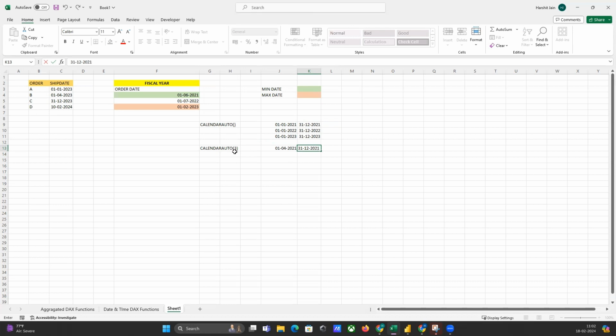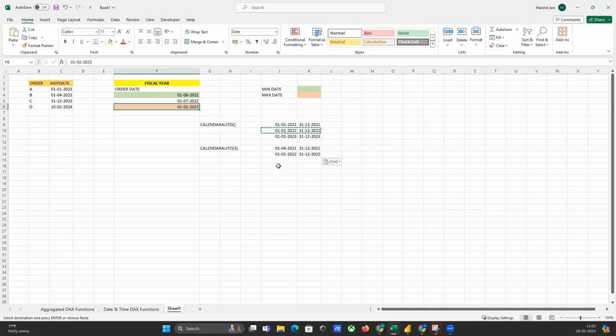Great. Now, if we see for the second one, this is 1st of July 2022. So very easy. It will just take it from 1st of January 2022 to 31st of January 2022. So just copy paste this over here. If I talk about this maximum value, the fiscal year value,